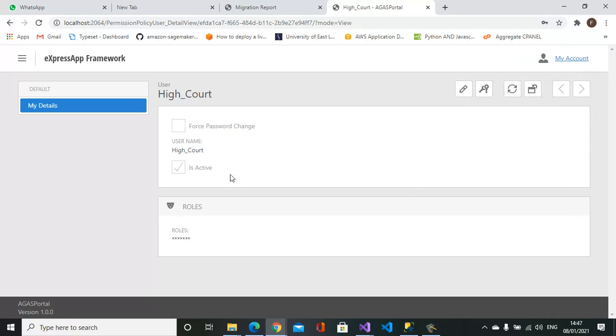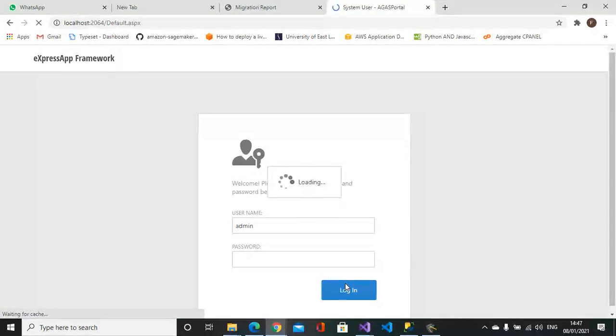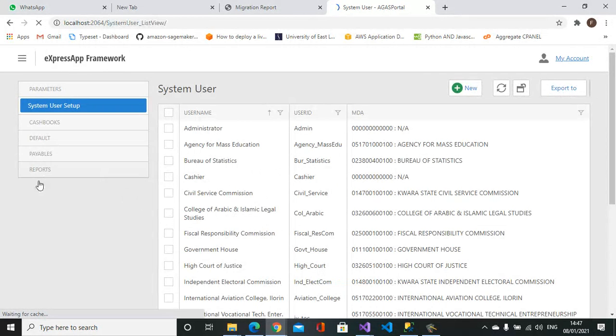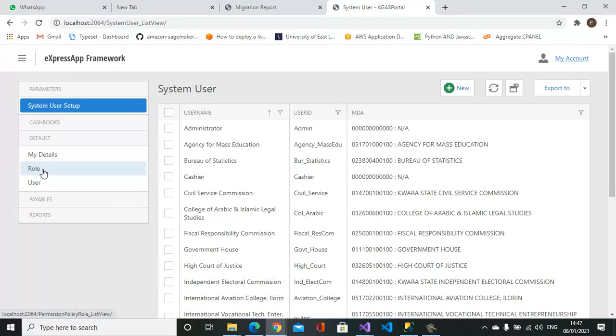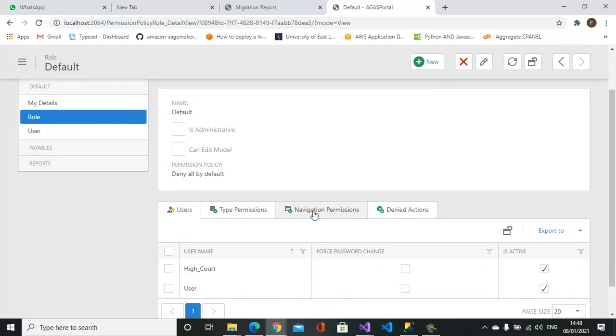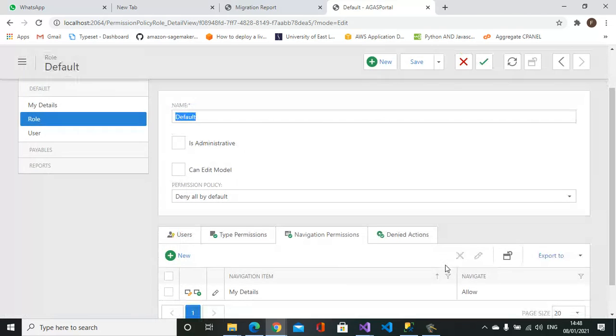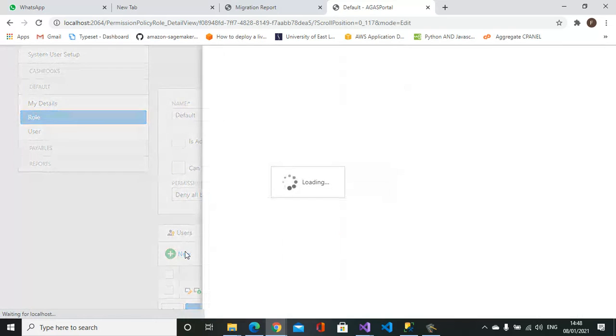So for now, the default role cannot do anything more than just change its user ID and password. So if I go back in now as admin, I can now go to default, go to roles, and I will say the default role, I want it to have permission to, I want to give it the default role permission to be able to